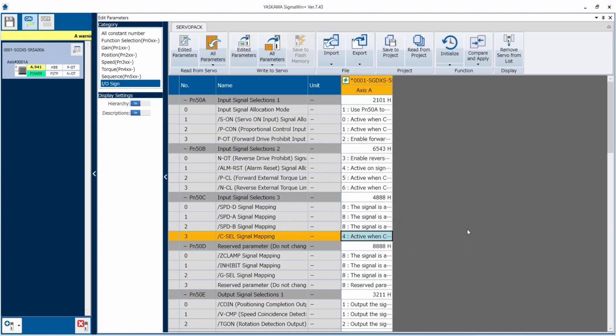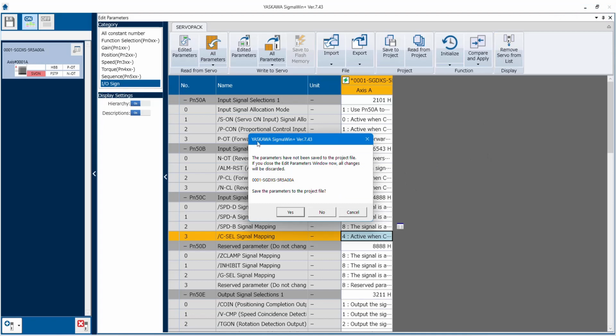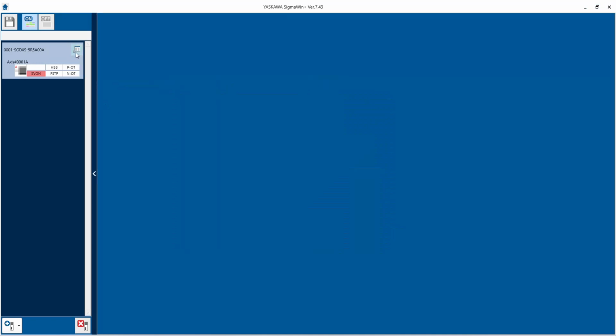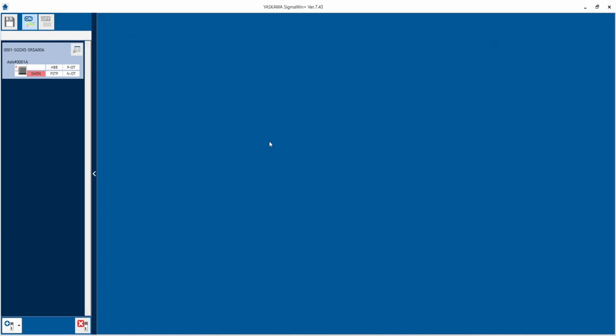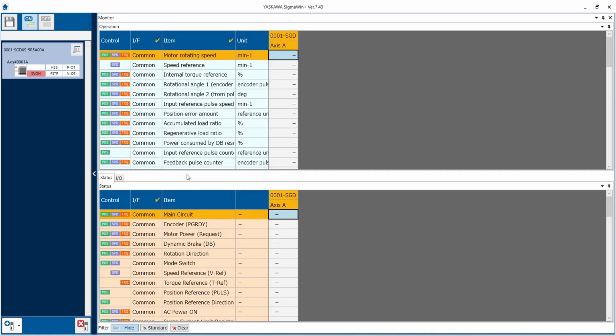So I will switch off and switch on. So now I have switched off and switched on. I will give servo on command, and I will give start command. So now you can see we need to go to monitor and check for the monitor values. So we go to monitor,